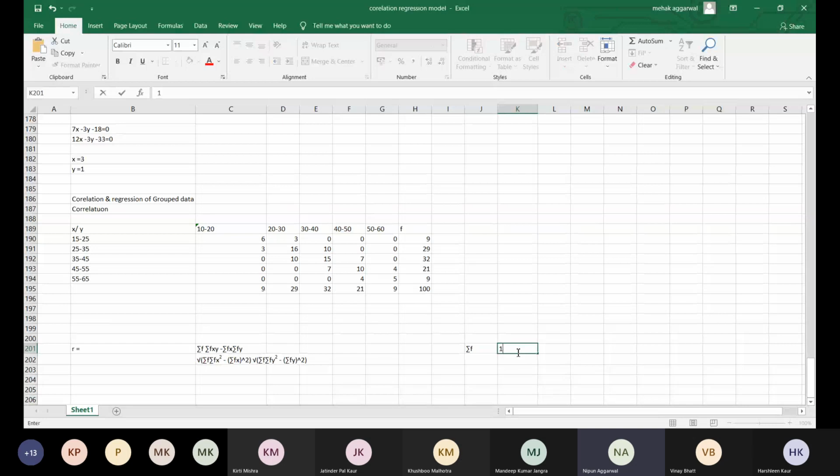So what will be the summation f? Summation f will be 100. Now next you want to calculate summation fx. So fx, this is your x. So this is x data. So for that you require,